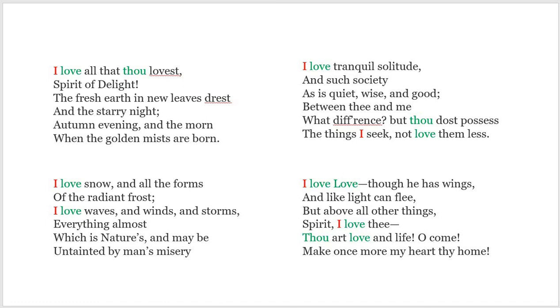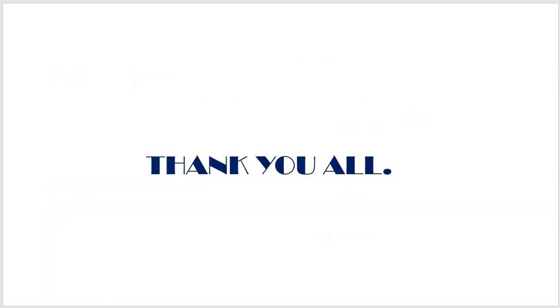But above all, he says that he loves the spirit of delight, and to him it is love and life. Thus, he appeals to the spirit of delight to visit him and make his heart its home and stay ever with him. I hope that you have understood the essence of the poem